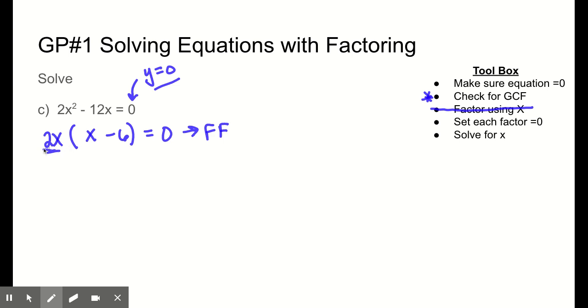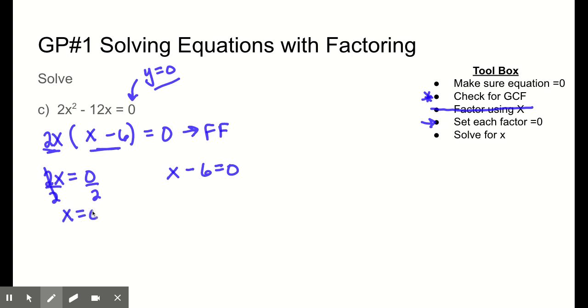So what we have here is a factor of 2x and a factor of x minus 6. From here, we have to set each factor equal to 0. So if I set 2x equal to 0 and x minus 6 equal to 0, for this one I'm going to divide both sides by 2 to get x by itself, and that's going to give